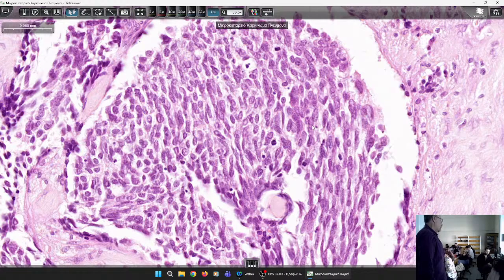Ki67 is not a marker of neuroendocrine differentiation, but it will be very high in this tumor, and this explains its chemosensitivity, because tumors which have a very high proliferative fraction are